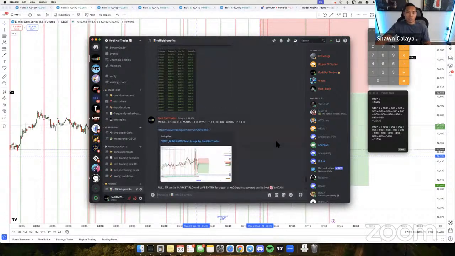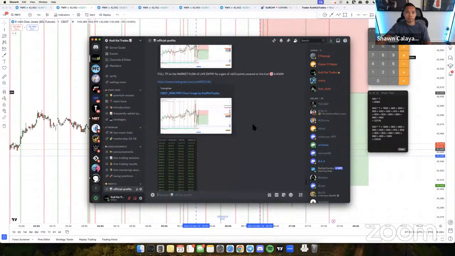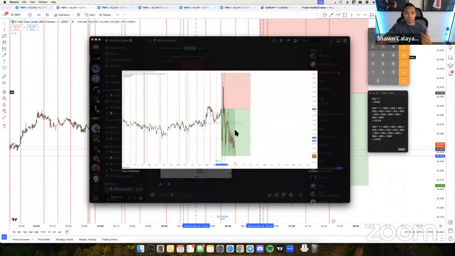So we took 2 trades for the day. My goal for each day is going to be the same thing. I'm basically taking just 2 trades per day. The trade that we took this morning initially was the breakout. It hit full TP. What happened with my trade is that I had a trailing stop that was set. I didn't realize I had it set under my ATM. It's just automatically there from my presets. So when price came down and shot right back up, it pulled me out right here at the 50-point mark, which is fine. I locked in half of what I was supposed to normally lock in, about 700 to 1,000 on that trade.